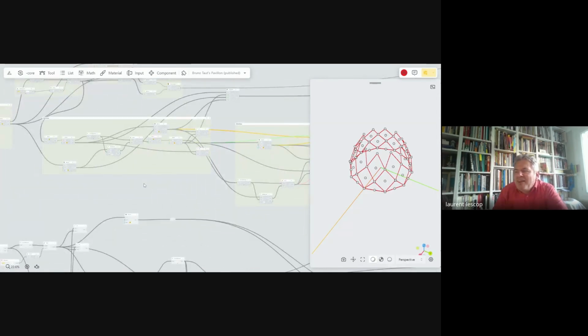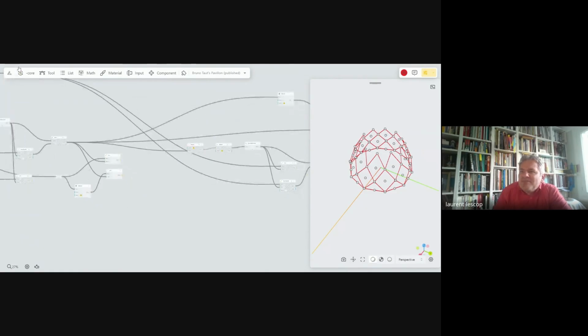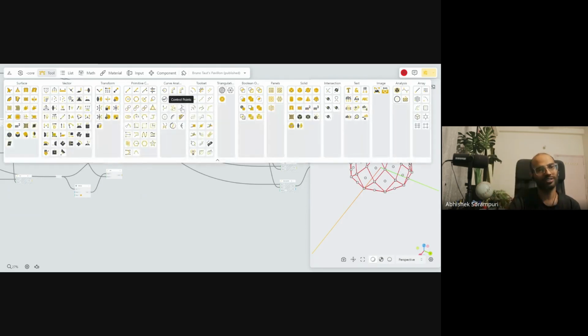I will try to see if it's possible to get the warped surface. How can I do that quickly? We can just put surface 4 point and assign 4 random points and see.